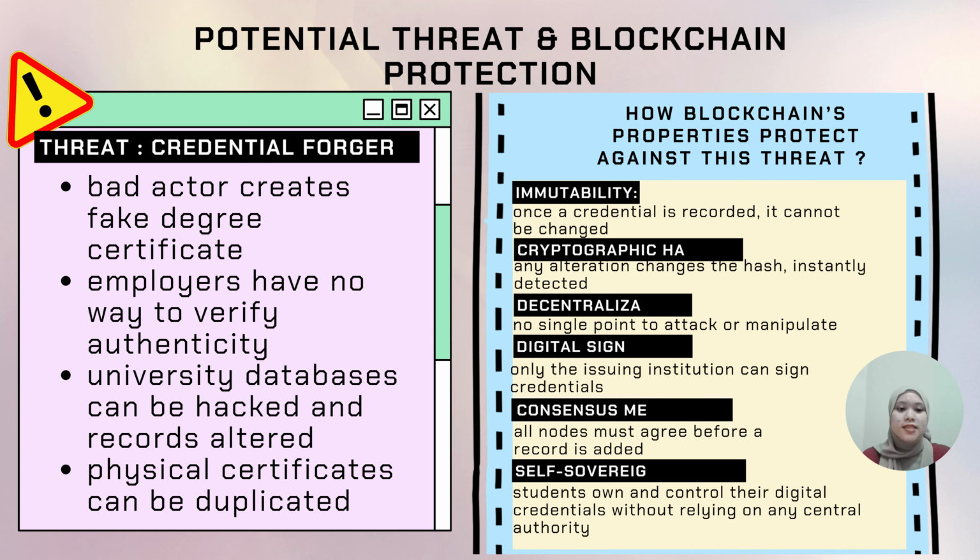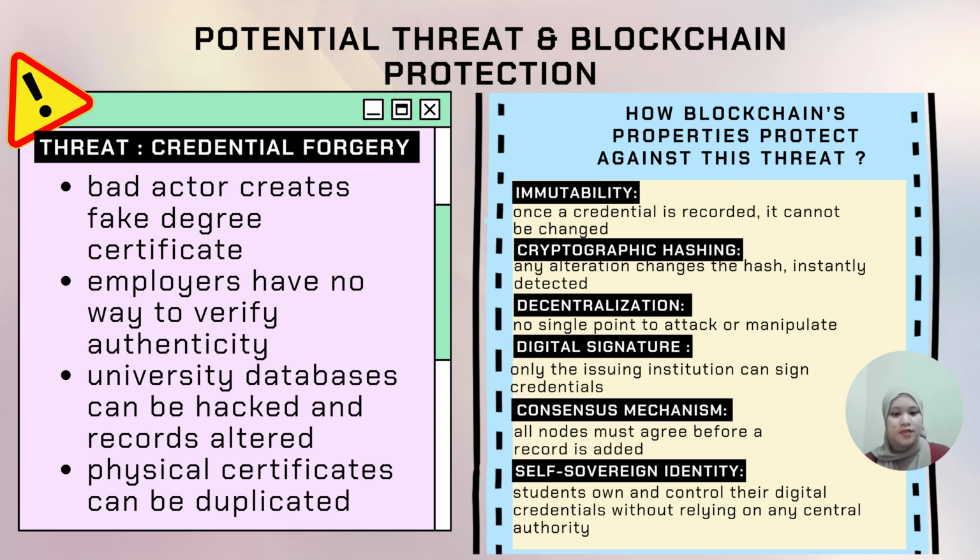Okay, moving on, let's talk about threats, specifically credential forgery. So, without blockchain, here's what can happen. A bad actor can create a fake degree certificate that looks completely legit. Employers have no quick way to verify it. A university database can be hacked and records silently altered. And physical certifications can be duplicated fairly easily. And this is the real problem, and it has real consequences for employers who hire unqualified people and for legitimate graduates whose